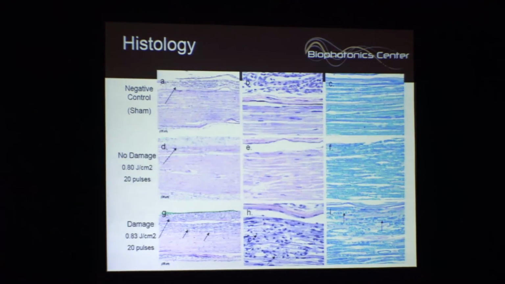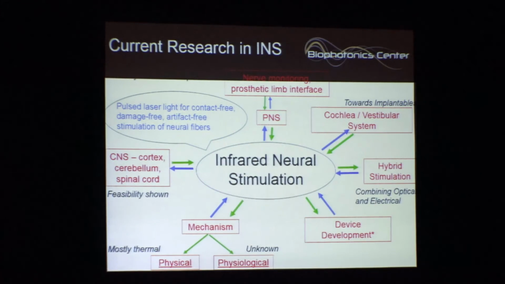So we've done histology on survival experiments of these animals. And the middle is when we've used our INS lasers. That's negative control. You can see this is nice and clean. This is when we do intentionally cause damage, and you see lots of stuff going on. Lots of tearing, lots of stuff going on. Okay? So based on this fundamental idea and discovery, we have a whole bunch of different things we're doing